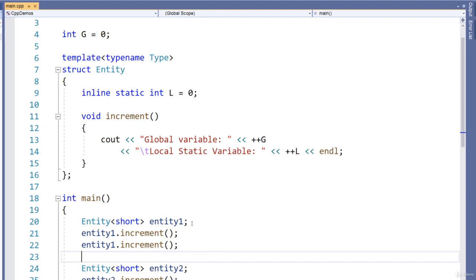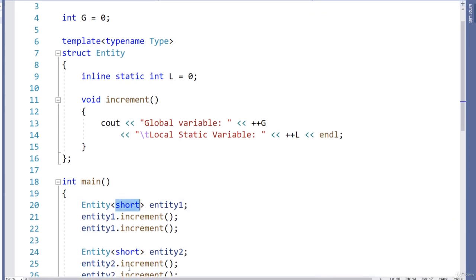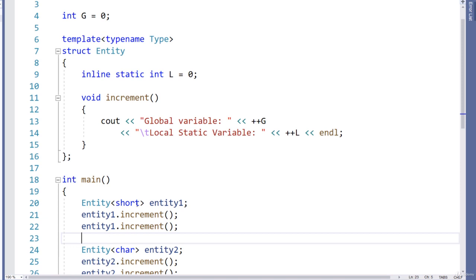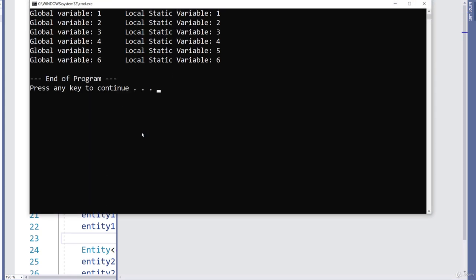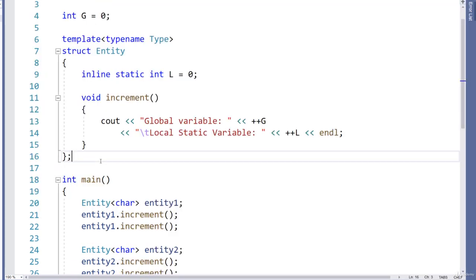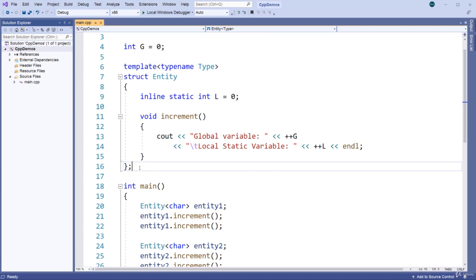In this case, we only have one because both of those are specified as entity structs and we pass in type arguments of short. And the same is going to happen if both of these are integers, or even something like char, for example. Build and run, and you'll get the same result. Okay, so I hope you found this interesting. This again was just to demonstrate or to emphasize that you get different actual definitions generated by the compiler